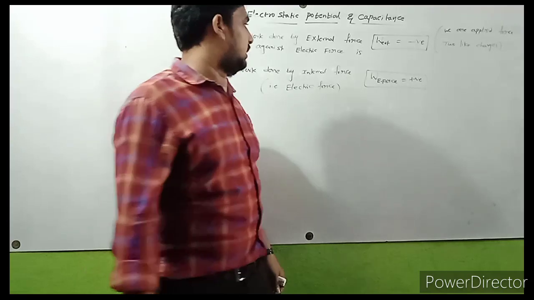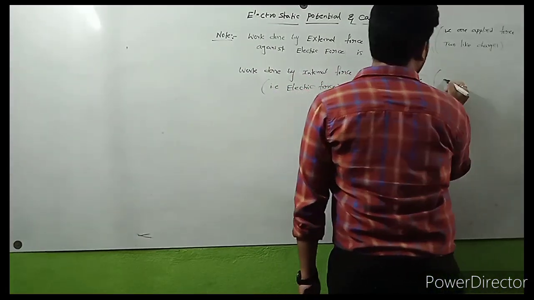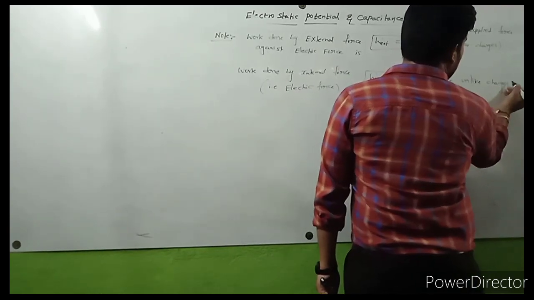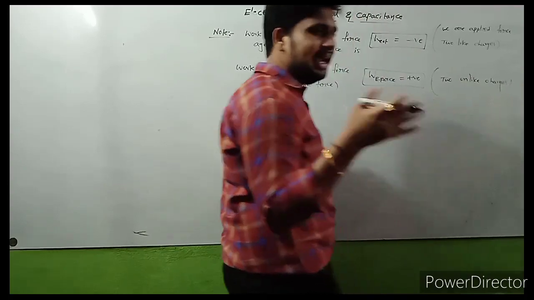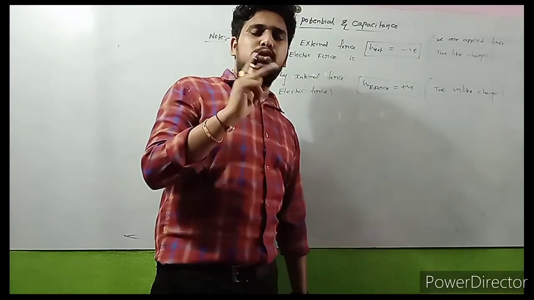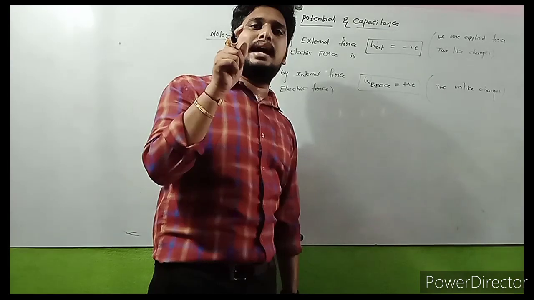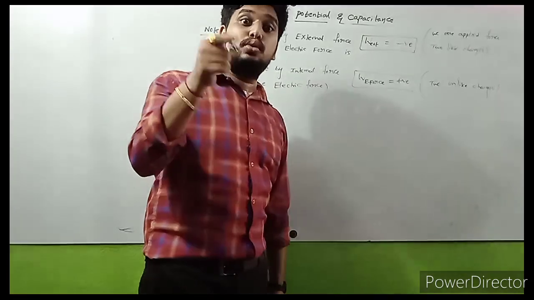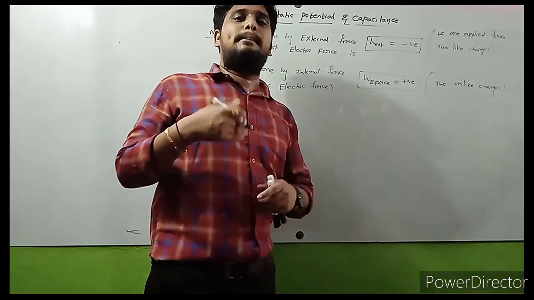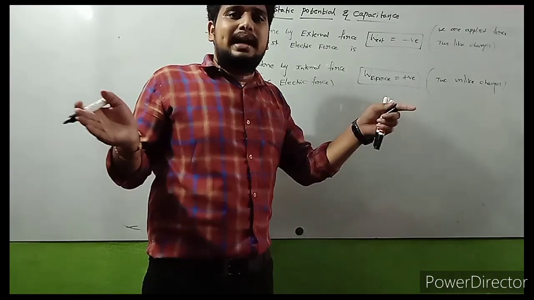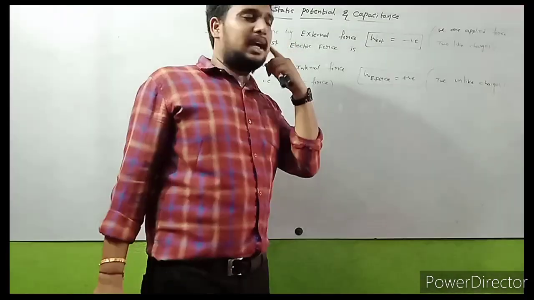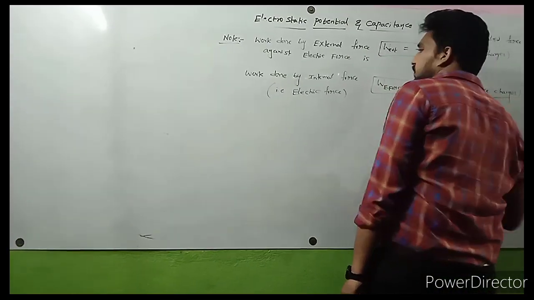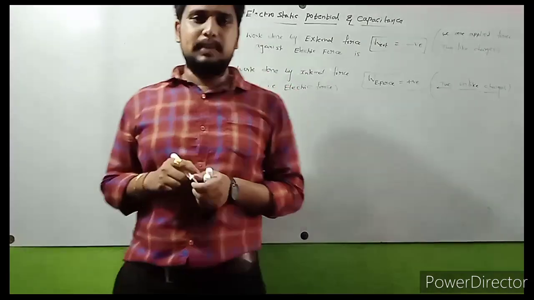If two like charges are there, then electric force is acting. Two unlike charges need not have any external force applied. They have a nature: if two unlike charges are there, definitely they are attracted to each other due to electric force. We need not apply any external force on that. They are attracted to each other themselves. Did you get my point?